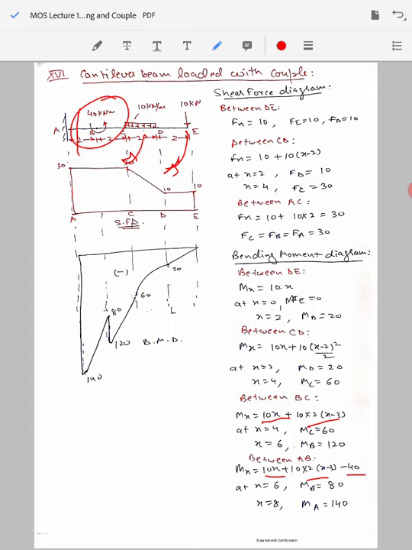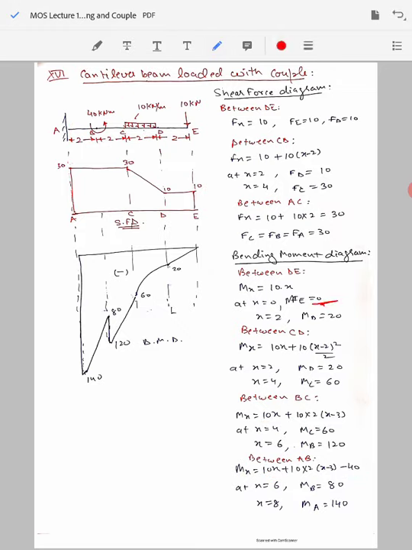So that's why there is a negative sign over here in the equation for the bending moment. Now you can use this equation to calculate the bending moment for x equal to 6, that means for the point B, and for x equal to 8, that means for the fixed end point A, as 140. You can draw the bending moment diagram using the values which you have just calculated.